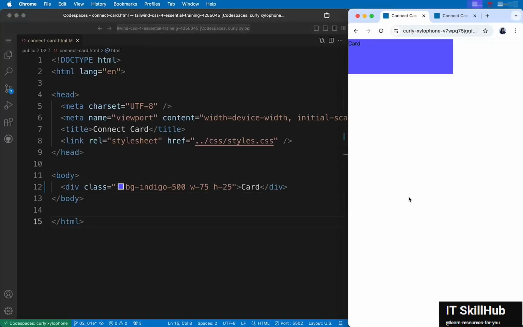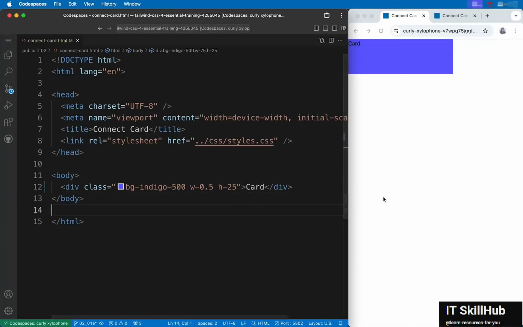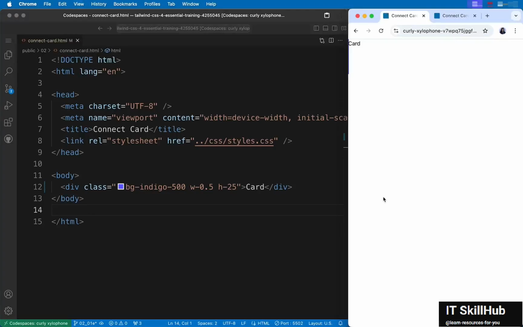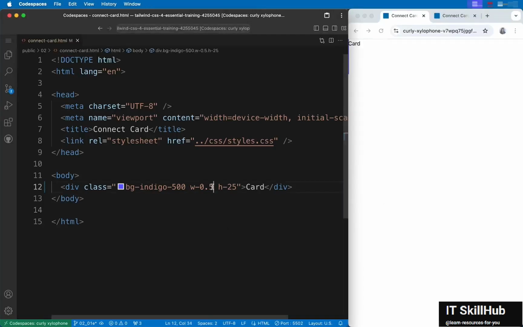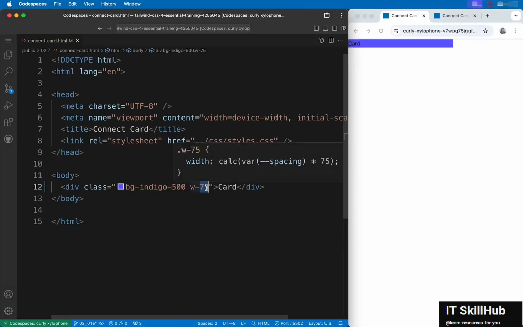Now, if you're wondering how to get 2 pixels or something, you can use decimals too. So you can say W0.5. So that would be 2 pixels wide. If you can see it. Yeah, there you can see. And single pixel can even be 0.25. But since that's very difficult to read and understand, there's WPX available and HPX as well, which means a single pixel. All right, let me change this back to W75. And I will remove the height utility class because we would like it to be auto-calculated. Now, if you don't want to do these calculations at all, if you want 75 here to mean exactly 75 pixels, I'll show you how to do that configuration in a later chapter.